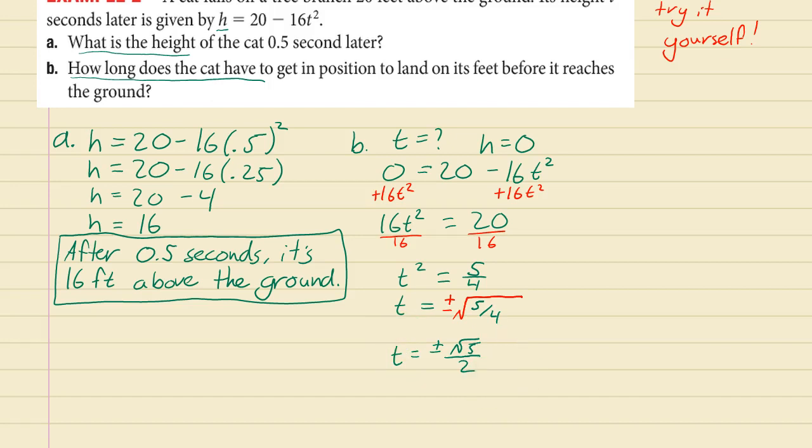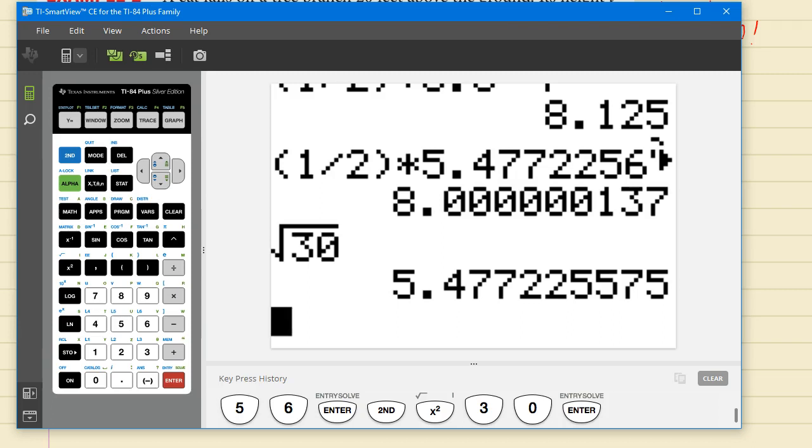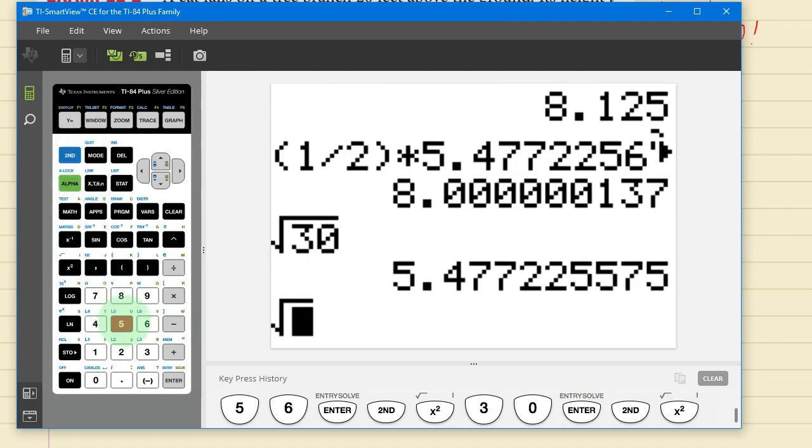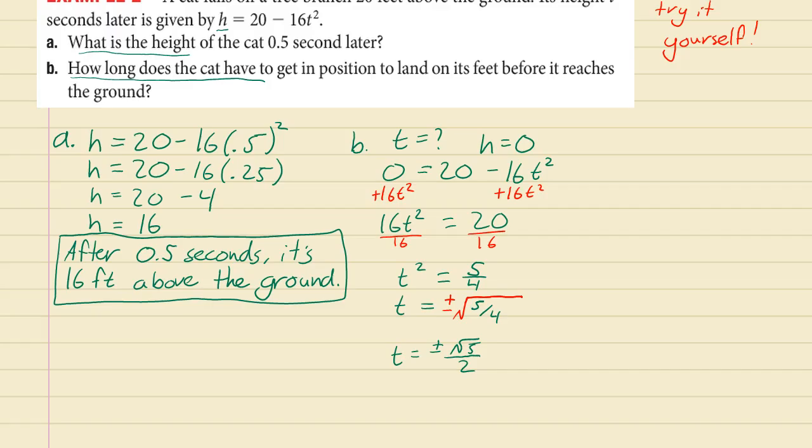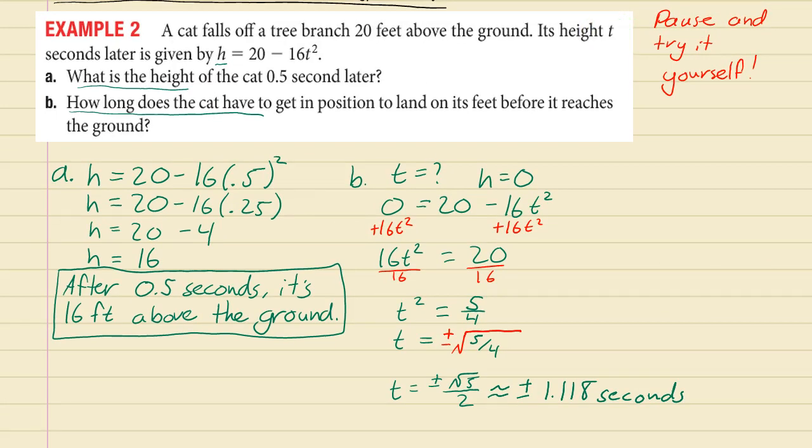But I'm not going to say that's the answer, because how many seconds is that exactly? This is exact, but it doesn't tell you what you want to know about the cat. So let's plug that into the calculator to do the square root of 5 divided by 2, and it's about 1.118 seconds. And actually, in this case, the negative number doesn't make sense. t is a number of seconds after it fell, so negative values of t would mean 1.118 seconds before it fell. And before it fell, the cat wasn't jumping off the ground. It was just sitting up in the tree. So the equation doesn't really apply before it fell. So we're just going to use the positive solution